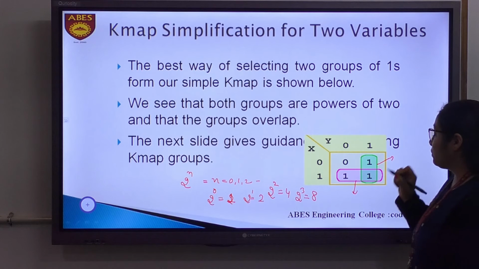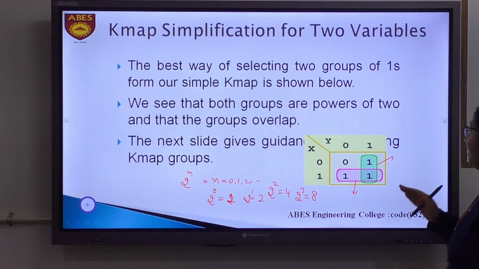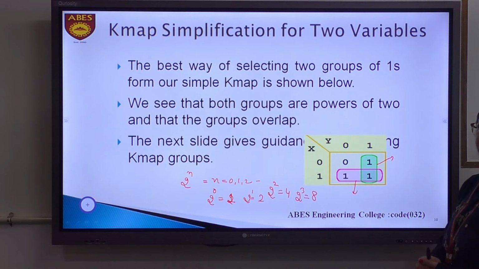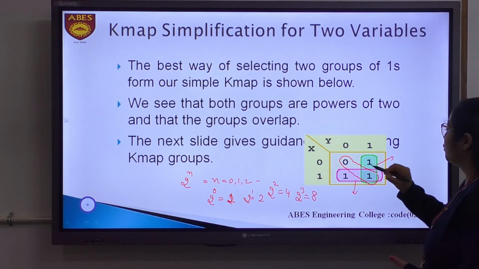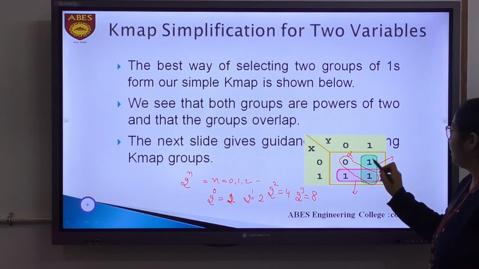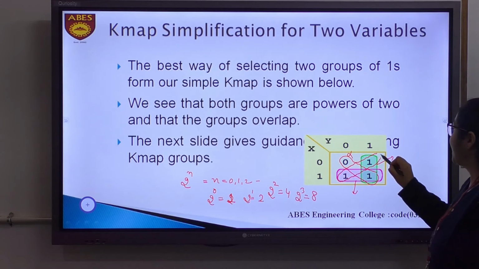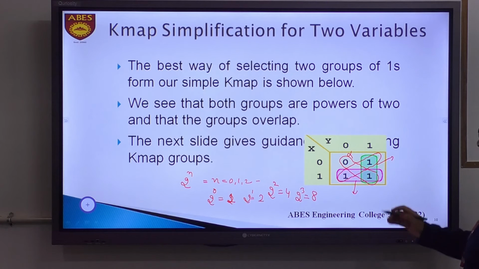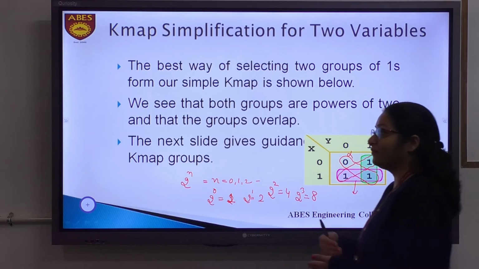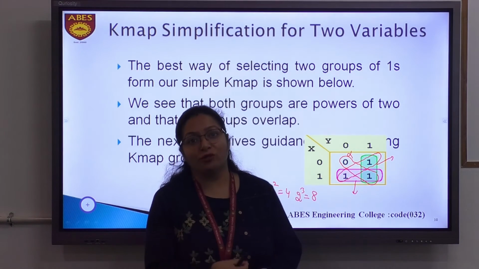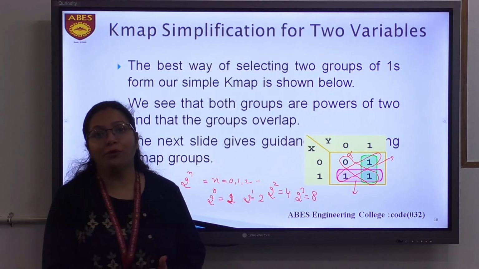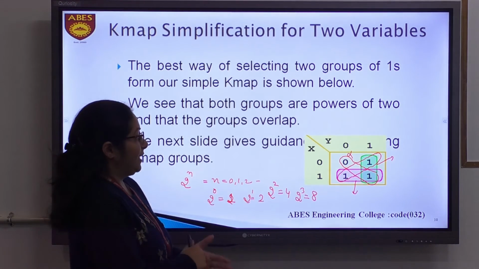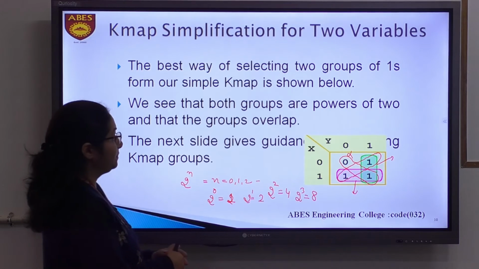is the horizontal pink shade area. Now there is an important point to consider here: we can only take horizontal or vertical grouping, but we cannot go for the diagonal grouping. This is wrong. We cannot go for diagonal grouping of adjacent ones, we can only take either vertical or horizontal grouping of adjacent ones, and those groups can be of the size 2 raised to the power n, where n is equal to 1, 2, 3 and so on, but we generally take up to 3, that is a 4 variable K-map having 16 cells, right?